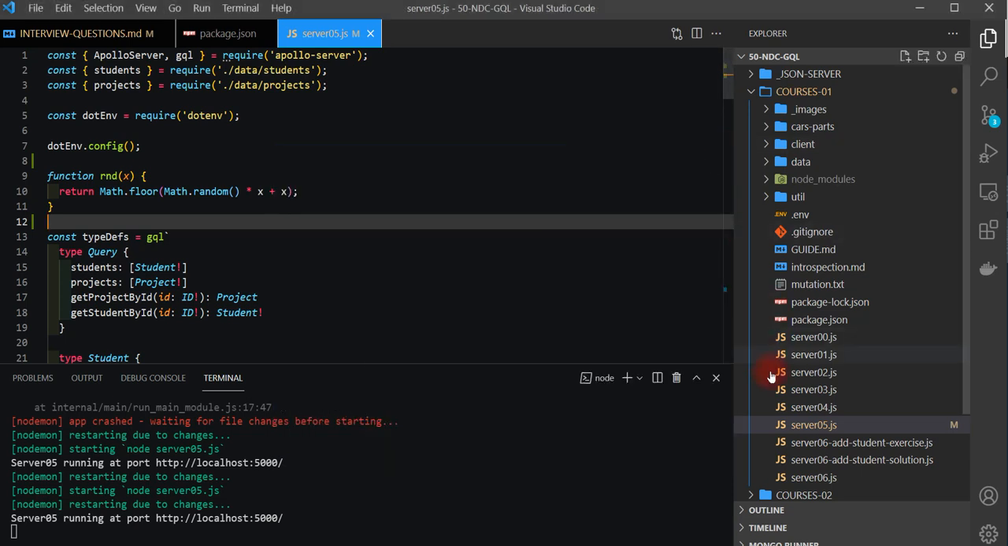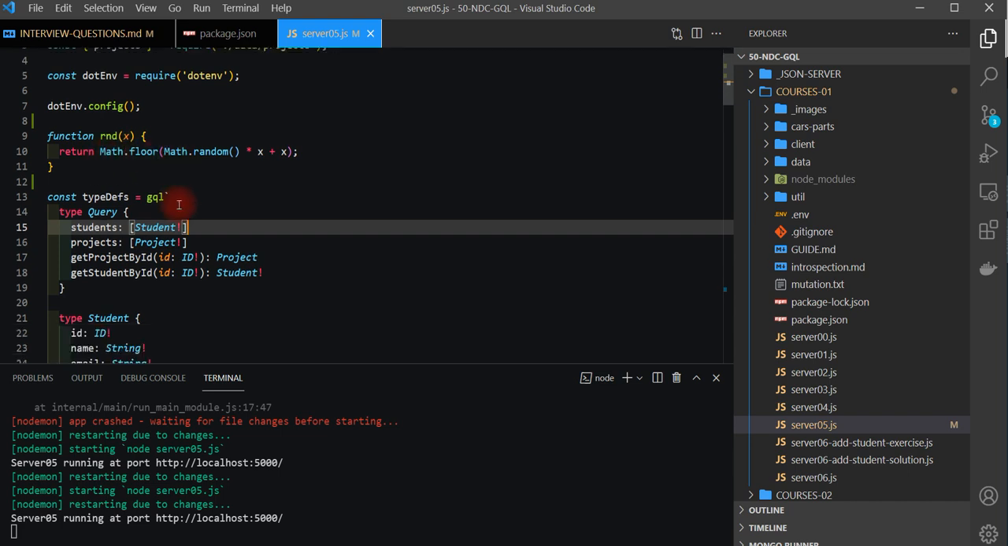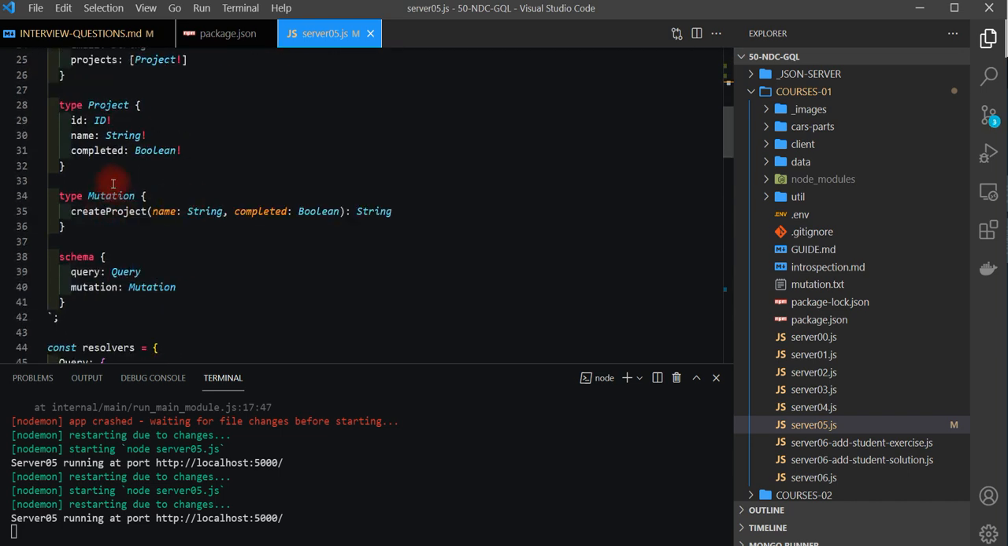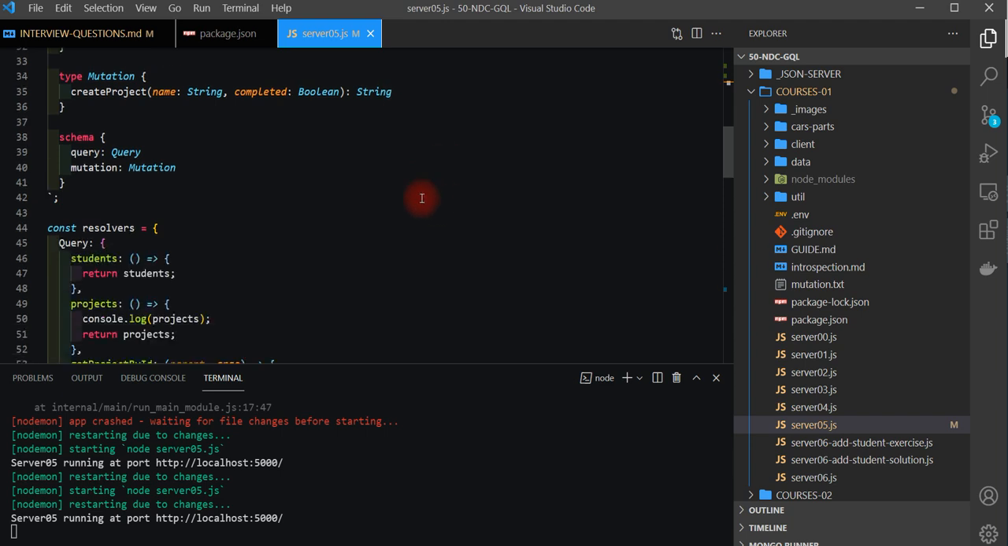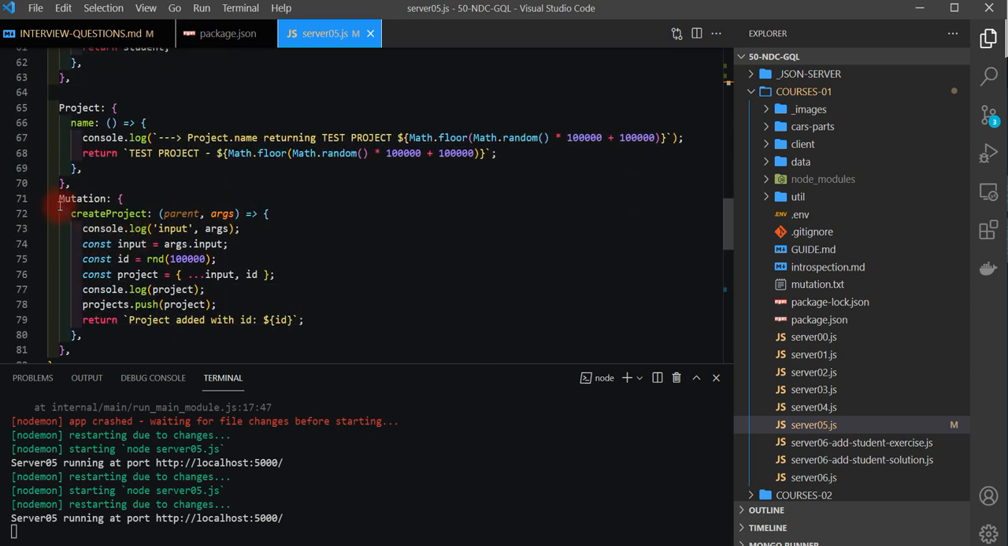We're now in server 05 and essentially the same. We've got a function that produces a random number, but we're adding now what's called a mutation, and it's called create project, that takes the name of a project and whether it's completed and returns a string back optionally. And if we look at our resolvers, when we come down here, we can see our new definition of